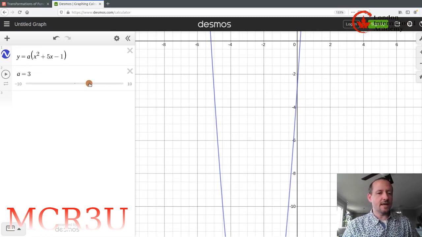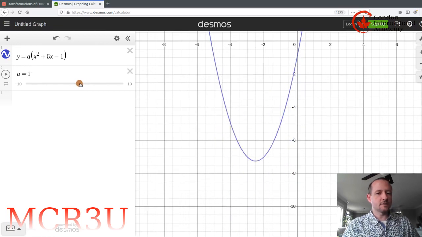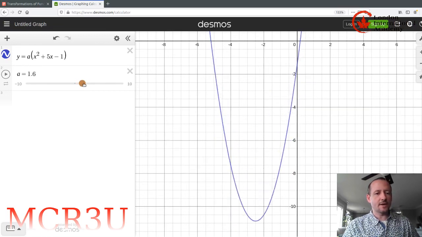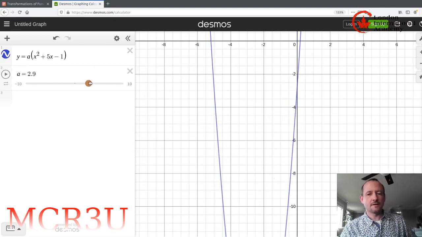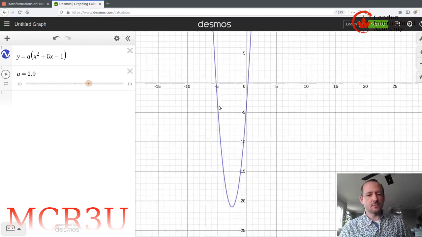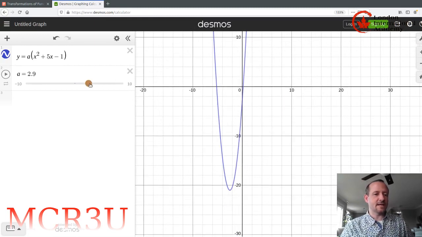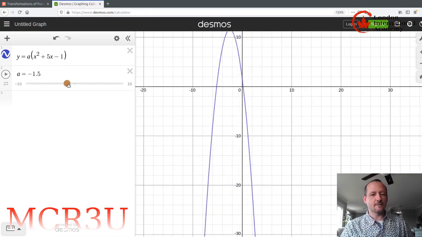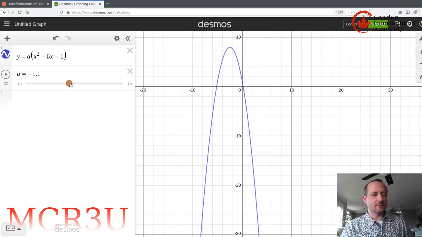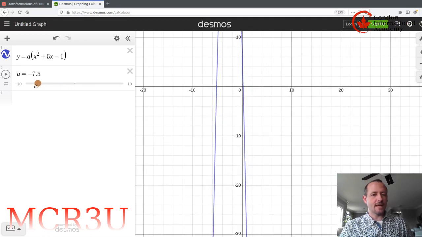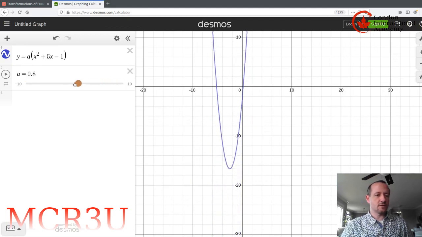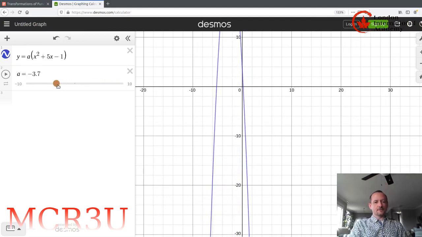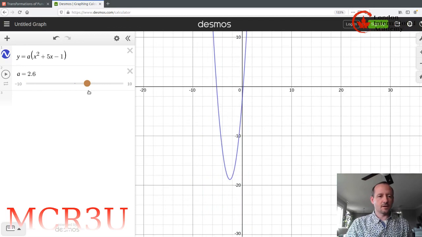So if I make a back to 1, there's the original function, and if I multiply it by 3, now each point is 3 times as far from the axis. I can zoom out here and also see, well, what if a is negative? When a is negative, our parabola goes upside down. And the greater I make a, the more steep the function gets in both directions. So there is an example of a vertical